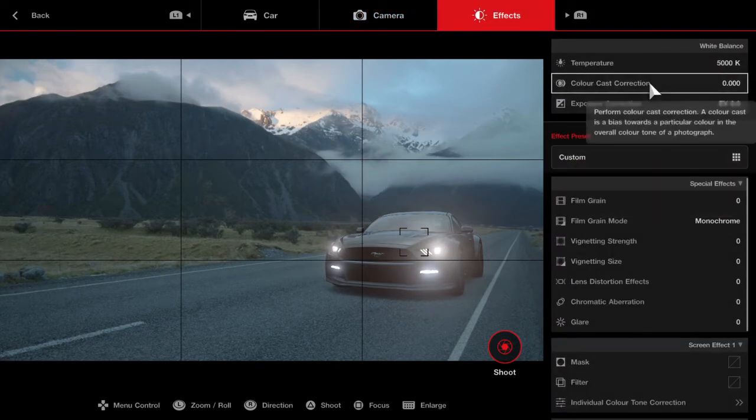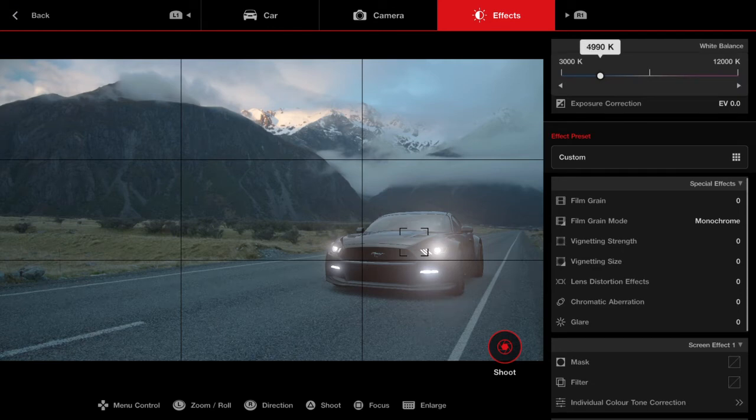Okay, let's go to effects. If you want to make it look really cold, you can put this all the way to the left. If you want it to look really warm, you can put it all the way to the right. Now you can see it looks way warmer in the picture. Say we go to this, it's like 20 degrees already, but we don't want that. We just want it normal. So we're going to put it at